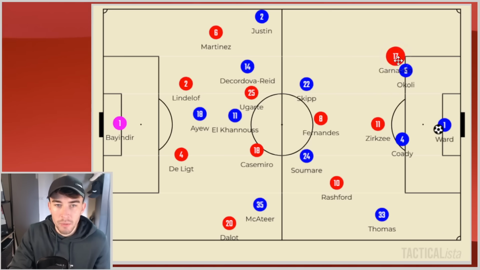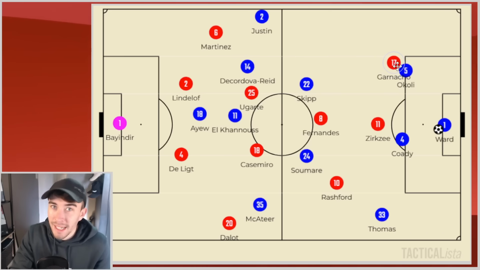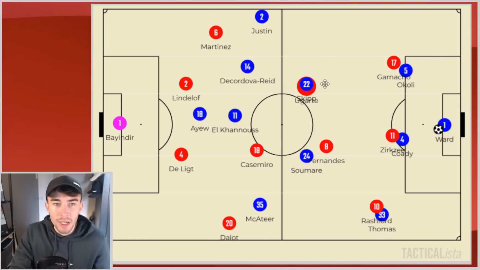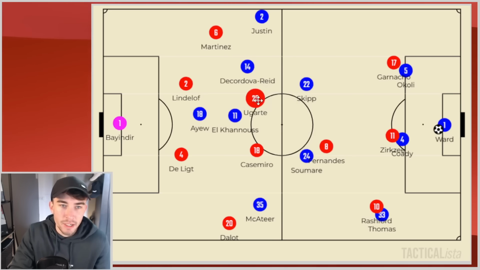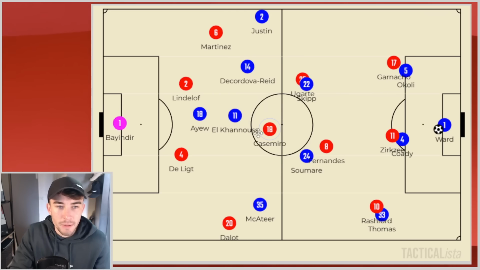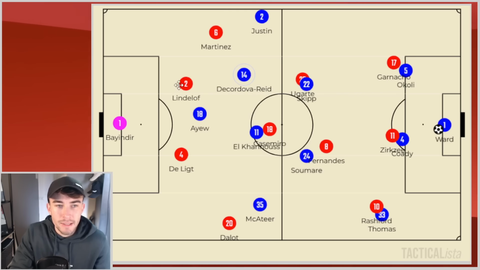Garnacho, who is our left winger, would come in onto the right centre-back. We've seen that before. Xerxes onto the other centre-back, Rashford of course on the left-back, and in midfield we're going to match up and go man-to-man. Ugarte is the perfect sort of player for this, kind of jumping out from the back to be aggressive in these areas, and then Casemiro covering a bit of space in here,